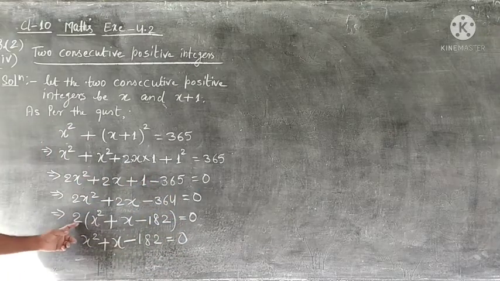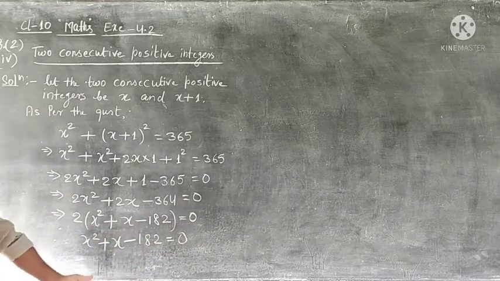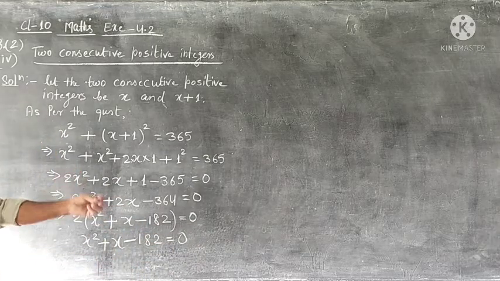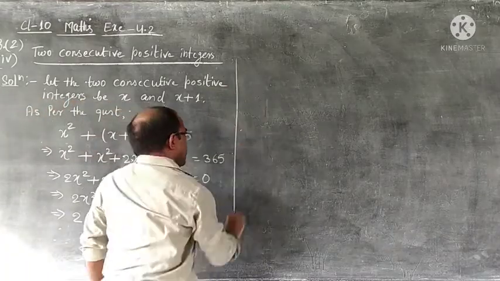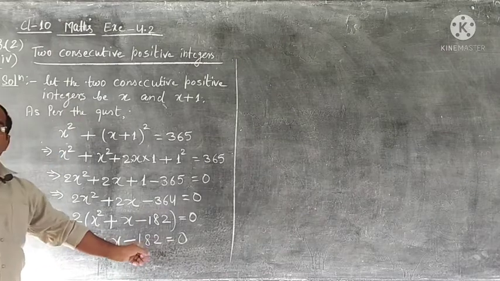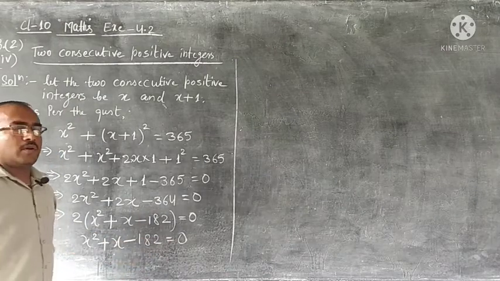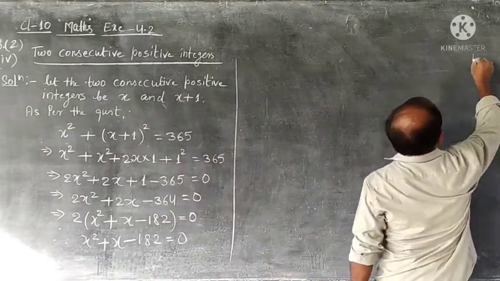Once more, this 2 will come here, 0 by 2, it will be 0. So why show that work? It is understood that it is becoming 0. Then we now need to factorize the middle term. The same number was in the last question also. I think you have understood very well the factors of 182.